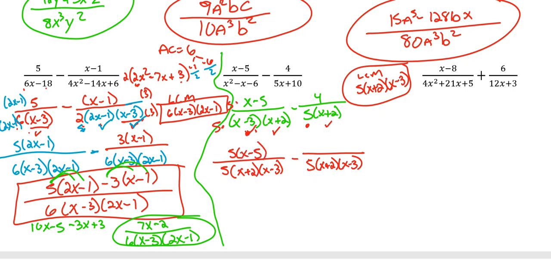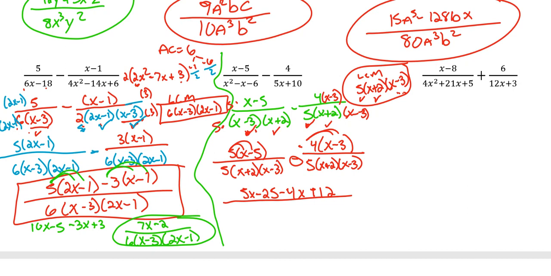On this side, I have the 5. I have the x plus 2. What's missing is the x minus 3. So I'm going to do times x minus 3. So it's 4 times x minus 3 up top. Again, I'm just going to finish them out. You can sometimes leave it factored. Sometimes I'll want it out. So it'll be 5x minus 25. Again, I'm distributing here, and this is a minus. So it's minus 4. When you distribute that, it's going to be negative 4x plus 12